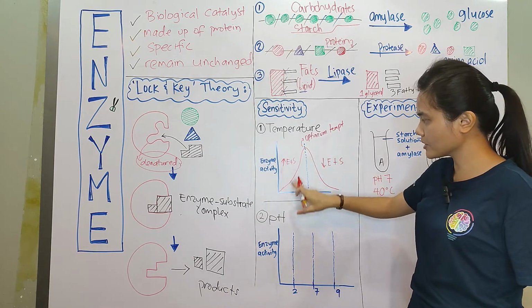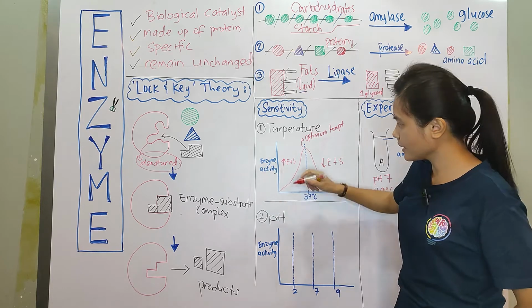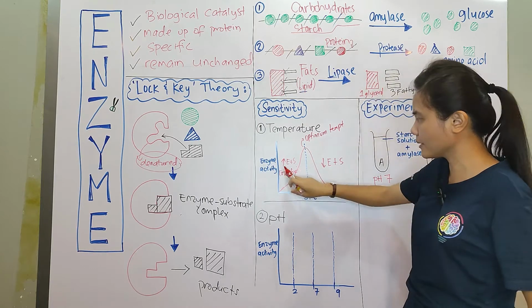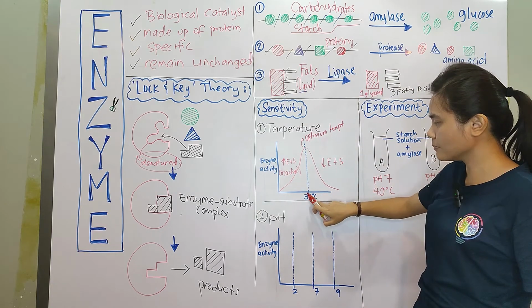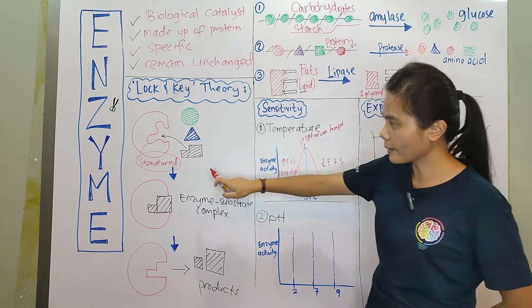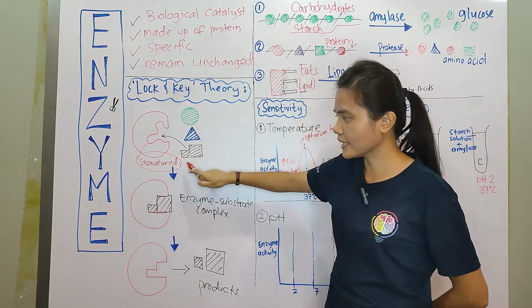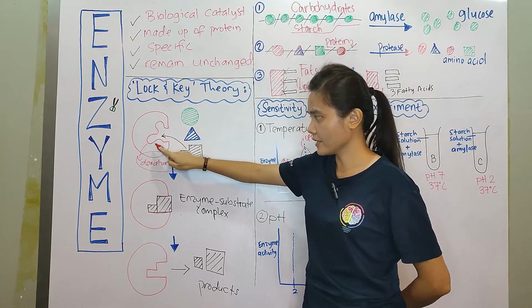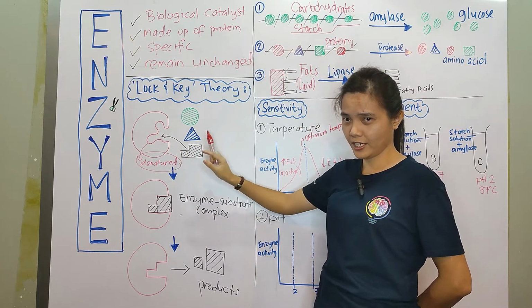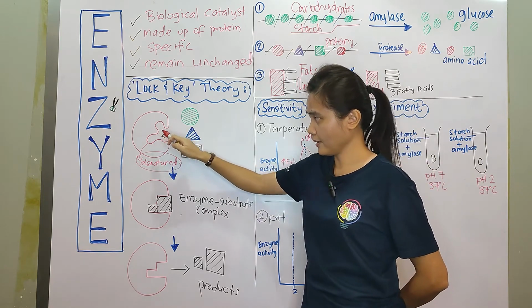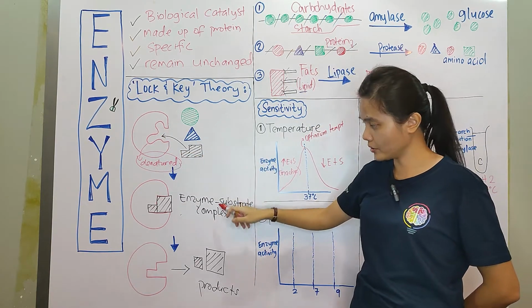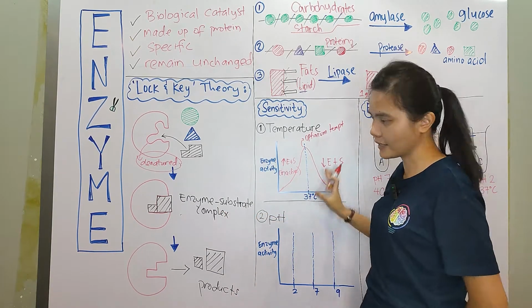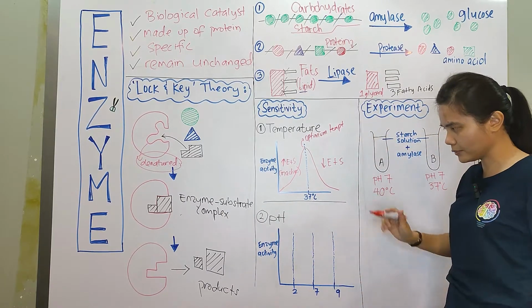So remember, temperature: at lower temperature, enzyme becomes inactive. Okay, becomes inactive. At higher temperature, beyond 37 degrees, what happened? The enzyme denatured. What does denature mean? Denatured means the active site of the enzyme has changed its shape, so substrate cannot bind to the active site. So there will be no enzyme-substrate complex formed, therefore no products. Okay, you have to relate everything. But it should be easy lah.